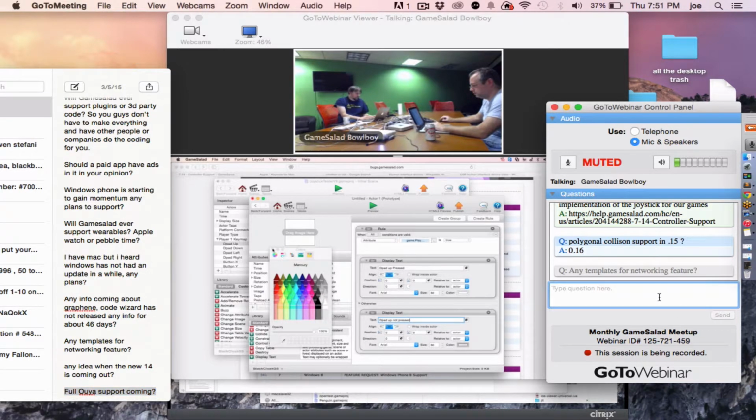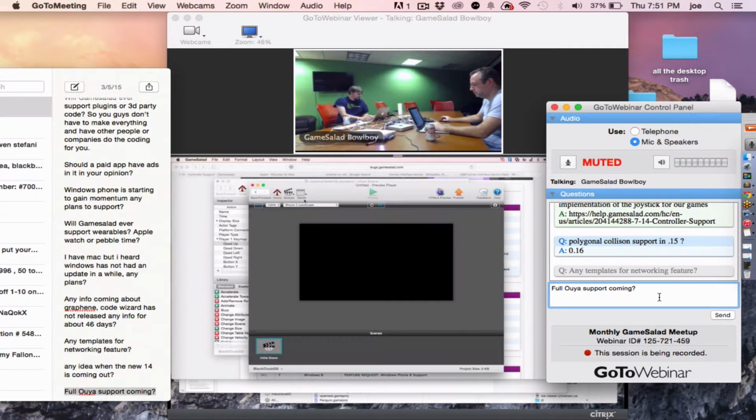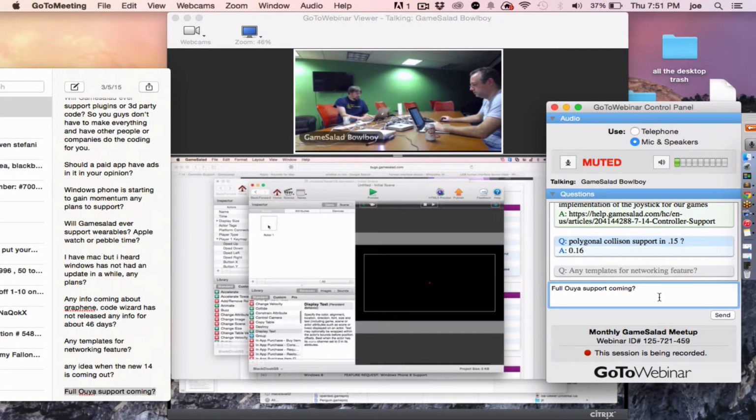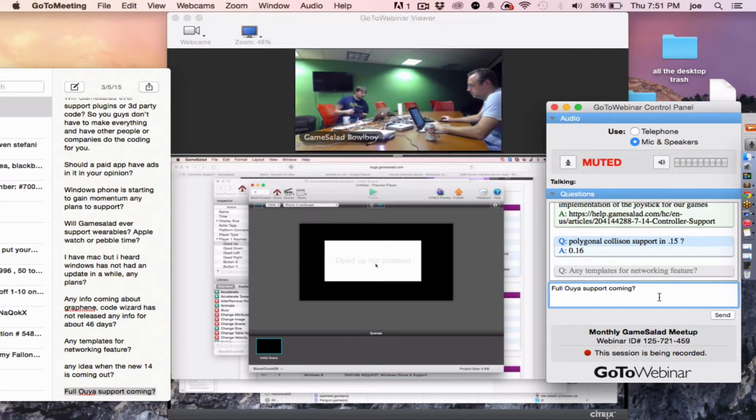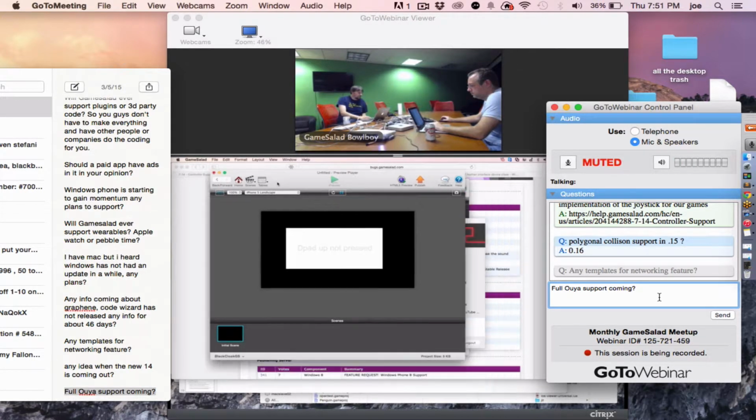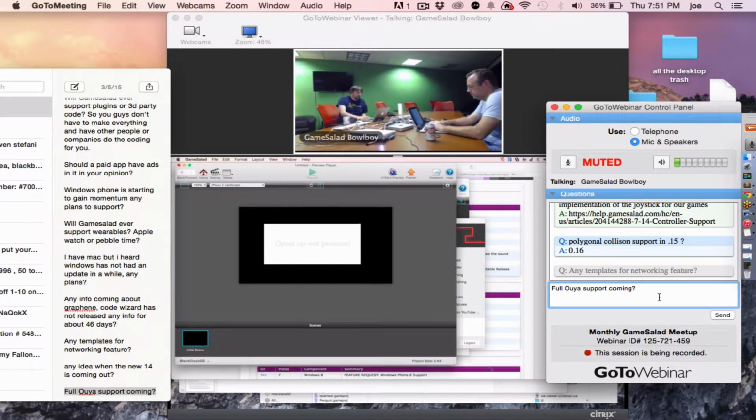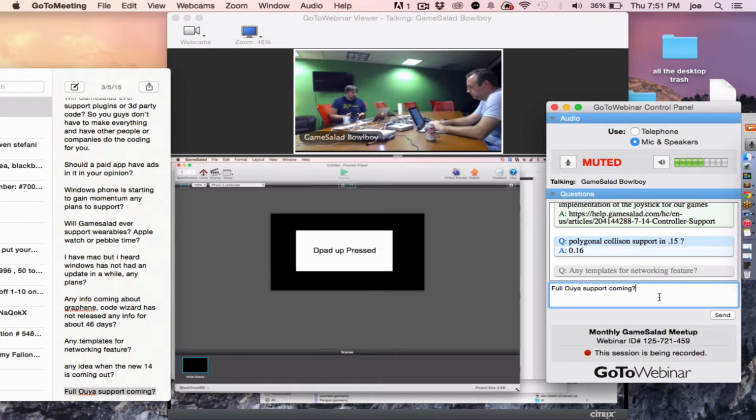And change this horribly defaulted color, which at some point I will fix. Right, and I turn this, oops, how do I put the actor in the scene? Oh, I should do that. Put the actor in here, make him kind of large so we can see it. Bam. And probably want to plug something in, so I'll plug in a controller here. Make it a little bigger for you guys to see. And so then if I push up,